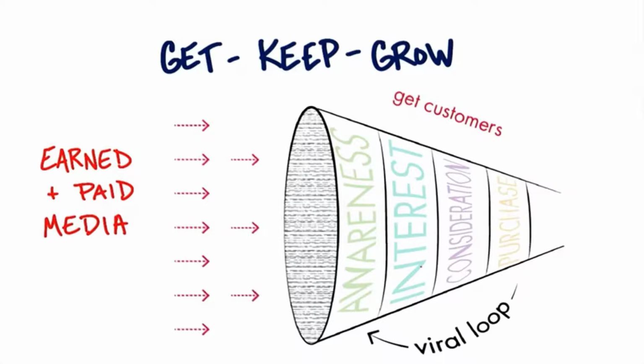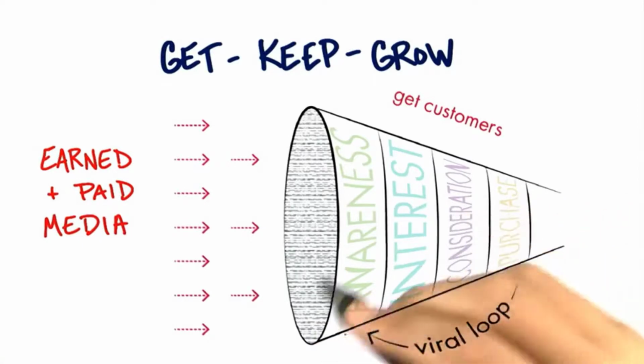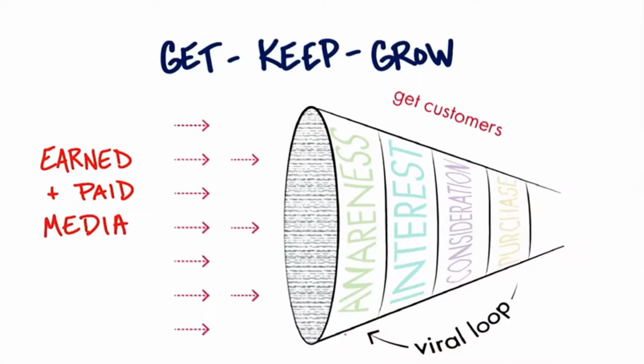That's happened for hundreds of years. But now we could sometimes engineer this viral loop by saying, is there anything we can do? Any incentives? Any ways to give rebates? Is there a way to turn our customers into salespeople to accelerate this purchase and help us get new customers? And smart startups think about this loop all the time. So viral loops are something that startups want to see if it's possible to create.